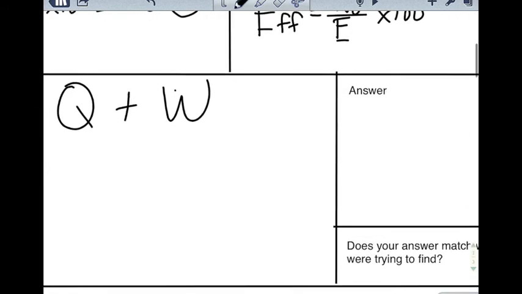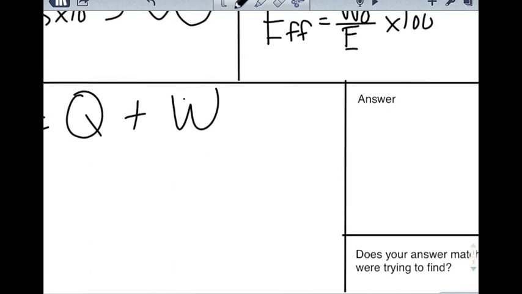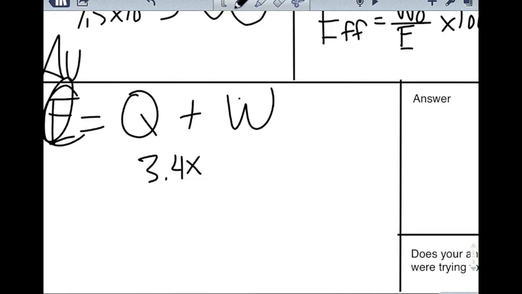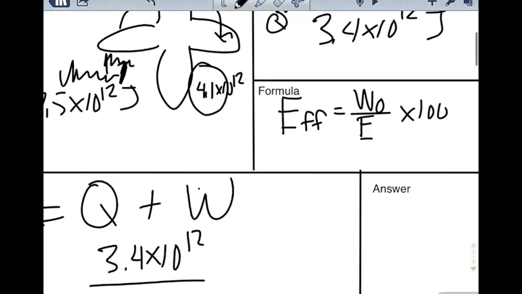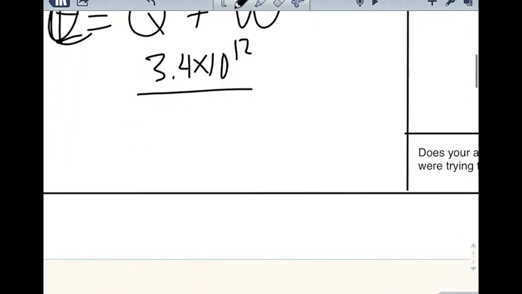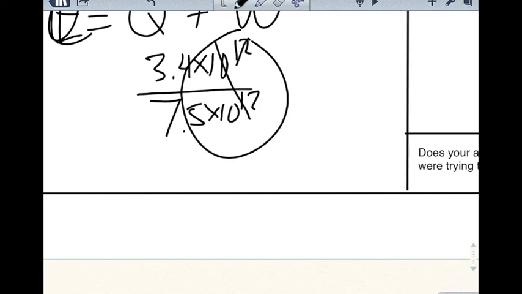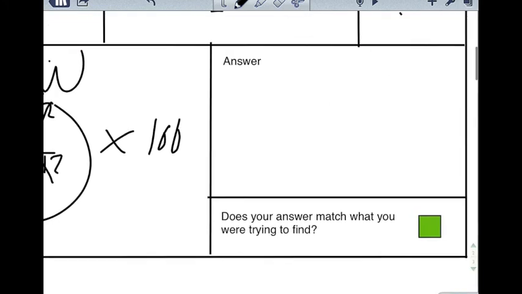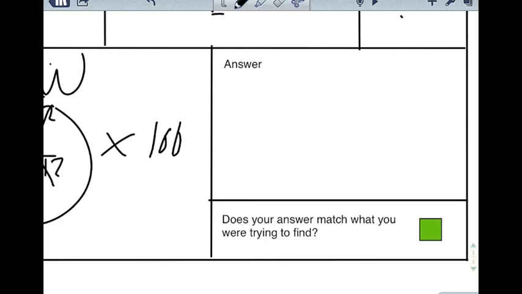So now I know how much work I get out, I can calculate the efficiency. 3.4 times 10 to the 12th divided by 7.5 times 10 to the 12th. What you should realize is these both have times 10 to the 12th, so those cancel out. It's really just 3.4 divided by 7.5 times 100. When you do that, your answer ends up being about